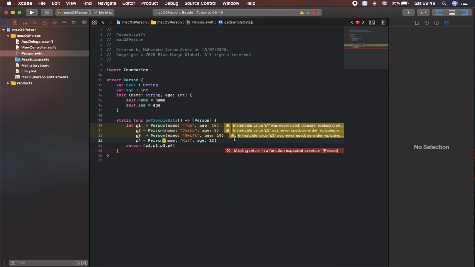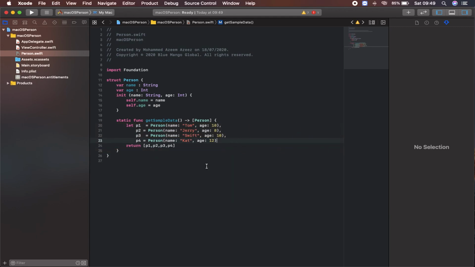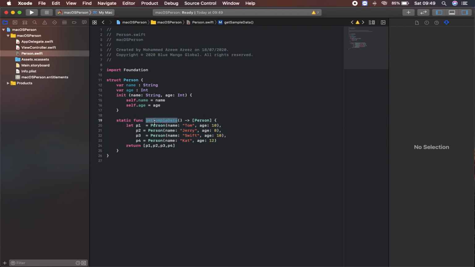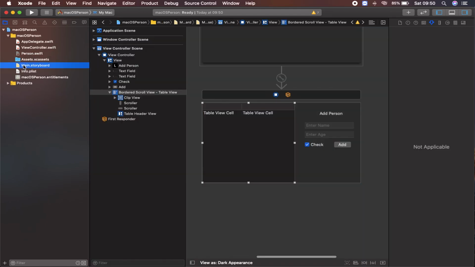That's it. That's our struct model. It's pretty simple, and what I mean here by the static function is when we call this function anywhere in the project, I can get all the struct model inside my view controller. That's what it means. Okay, let's come back to the main.storyboard,